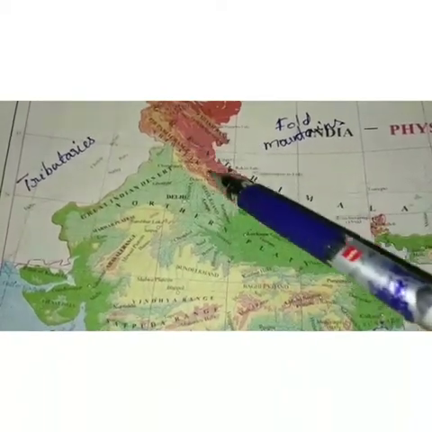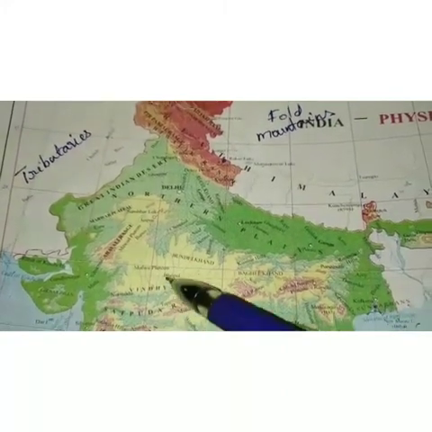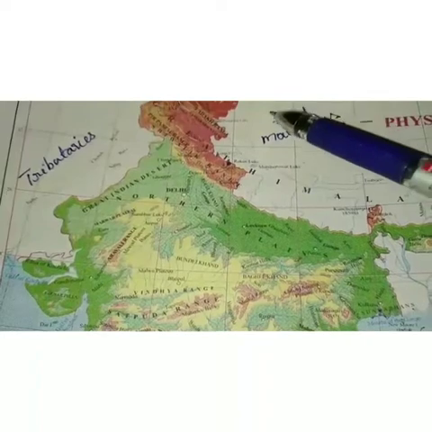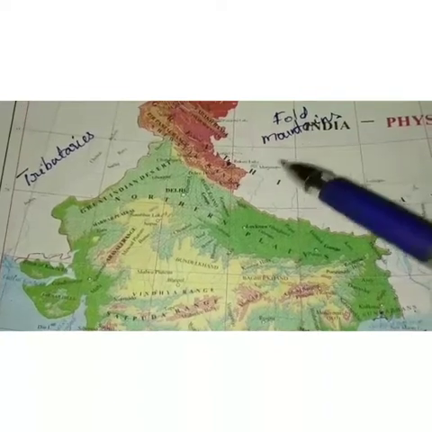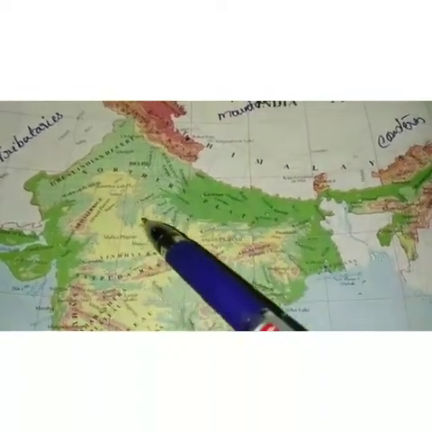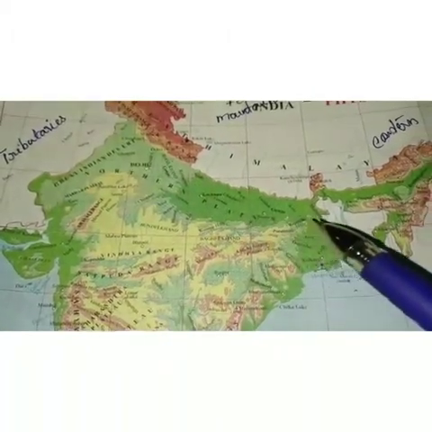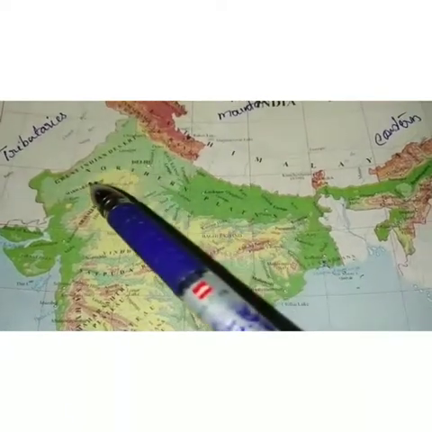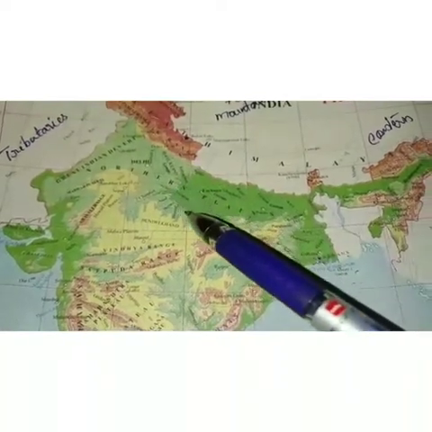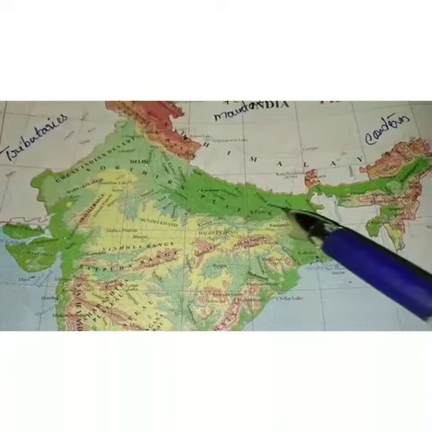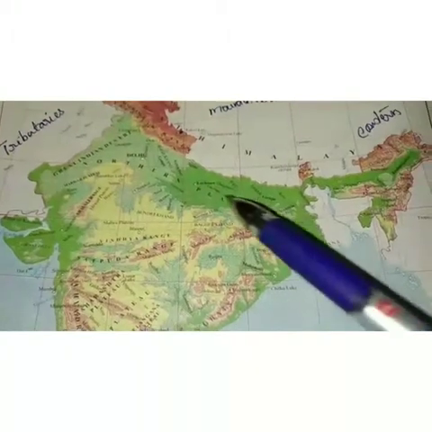As you already know, the Himalayas are fold mountains formed due to the collision between the Indian plate and the Eurasian plate. In this process, a depression was formed between the mountainous region and the plateau region. In due course, the rivers flowing from the mountainous region deposited the alluvium and emptied the waters in the Bay of Bengal. Thus, gradually, due to the layers of alluvium, the plains were formed.